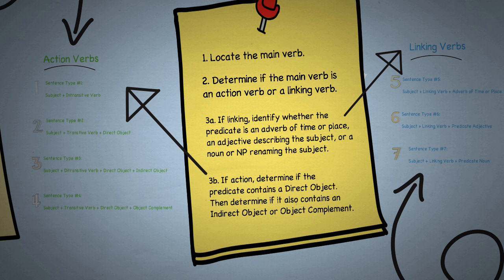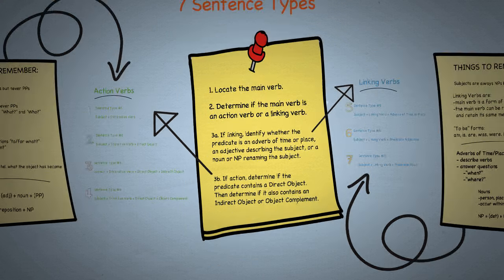If you'll follow these 4 steps, locate the main verb, determine if it's action or linking, and then if linking, look at the predicate. If it's an action, also look at the predicate, but for action verbs, look for that object. Then you should be able to determine which of these 7 sentences